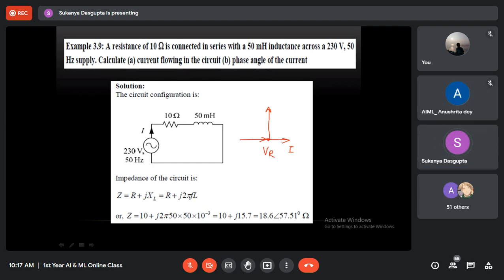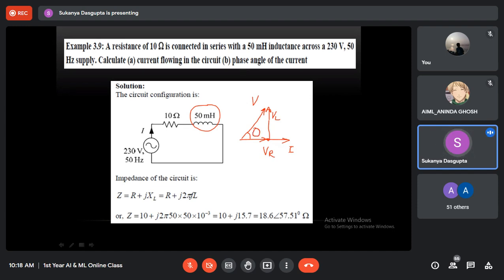Got it? Next, this is my VL, just the drop across 50 millihenry. VL will be perpendicular to VR. Why? Because if you consider a single inductor. And ma'am, what will be the direction of VRMS then? Finally, wait. So VRMS will be along Z, definitely. Because we will draw the impedance triangle from this phasor diagram only. This phasor diagram of the RL series circuit is the origin. If you can understand this, you will get to know the actual orientation of R, Z, and X in the impedance triangle.